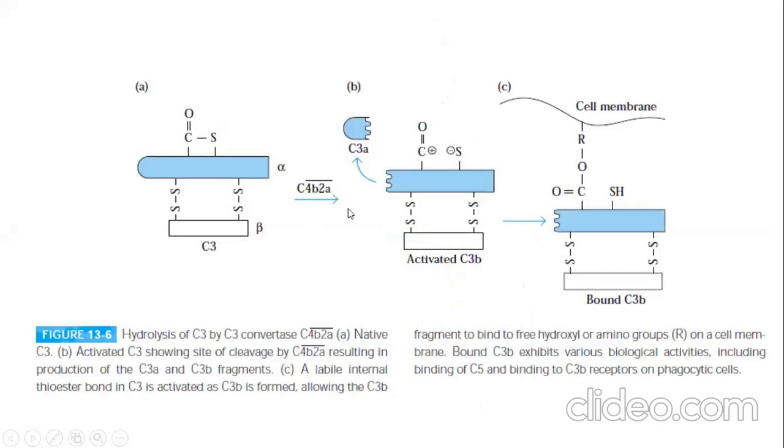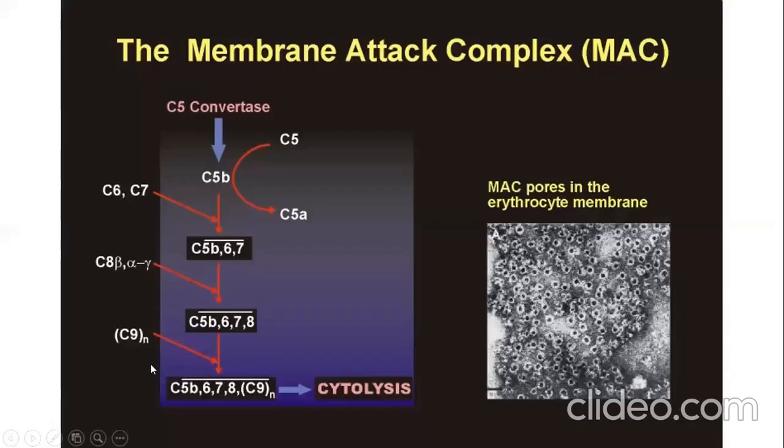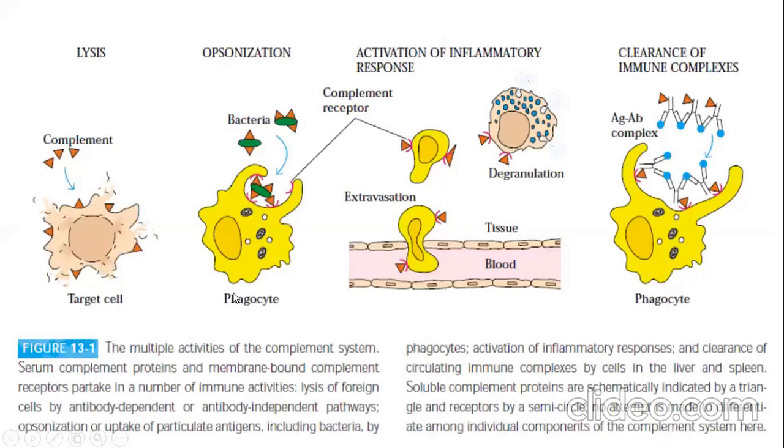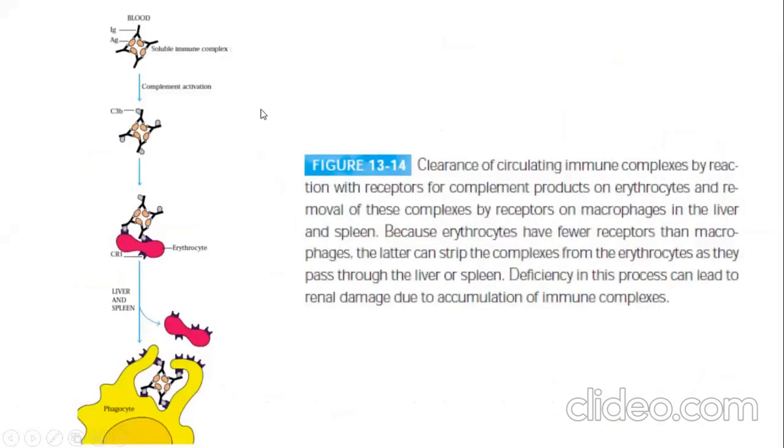is catalyzed. This is the C3 molecule. C3 convertase means C3 is divided into C3a and C3b. You look at the bonds, how the activated form of C3b looks. It can go and bind to the membrane, or it can trigger the formation of C5 convertase. So the membrane attack complex has the same constitution, a common origin for the pathways. Functions are here. And then one more, you can see clearing of immune complexes. The summary